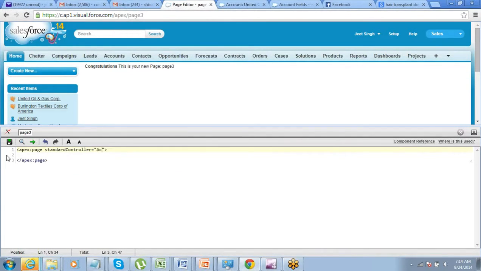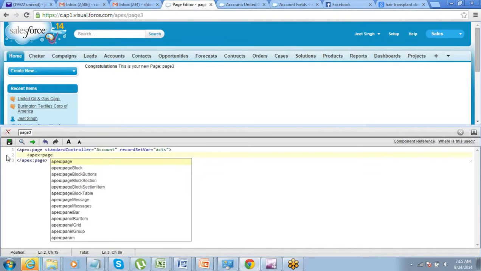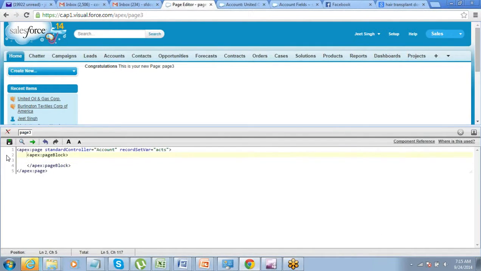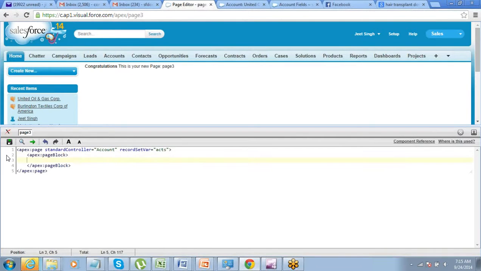First, you have to define a standard controller, as we do, and then we have to define a record set variable. So we have to define a variable for the list of records. So you can give it any name. Record set var, you can give it any name, whatever you want. Alright. Now here what we have to do, we will go ahead and create a page block, because here we are talking about a list of records. Here we are not talking about a single record. So for displaying the list of records, we use a table.